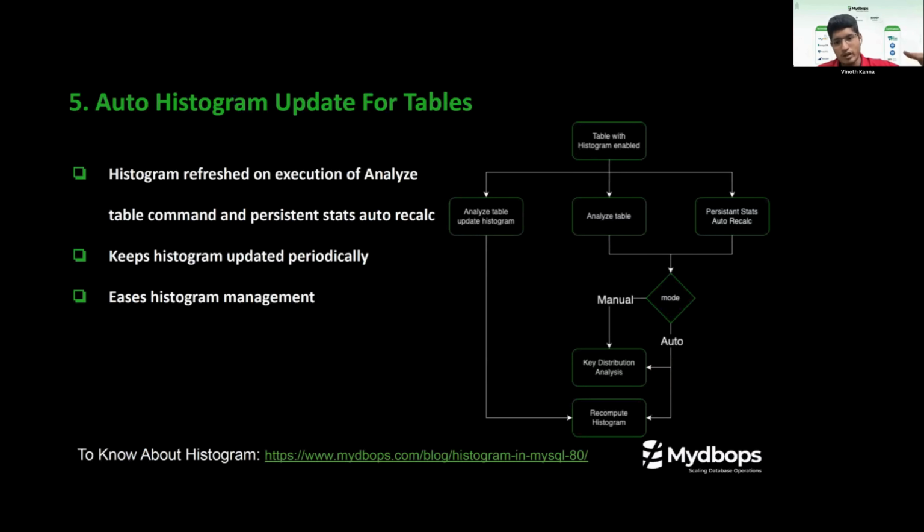For example, how many of this table's rows contain certain unique values can be bucketized, and this helps the optimizer reduce the number of row scans required to fetch the data. So previously, you were able to create histograms on a table,